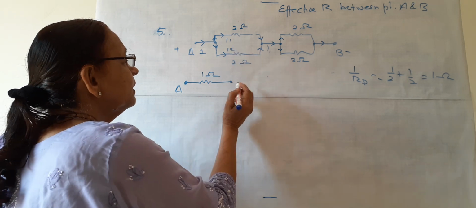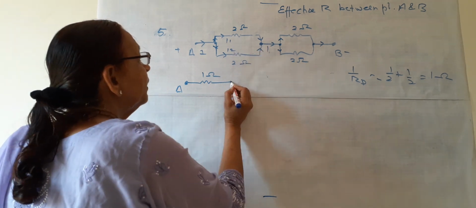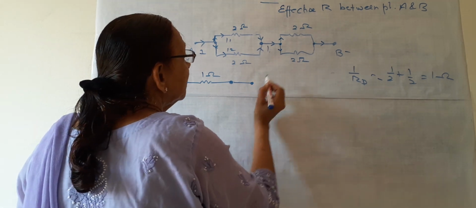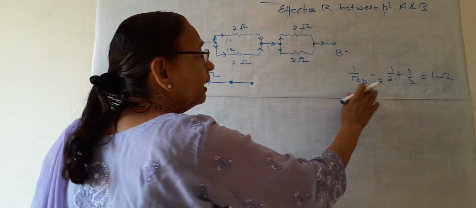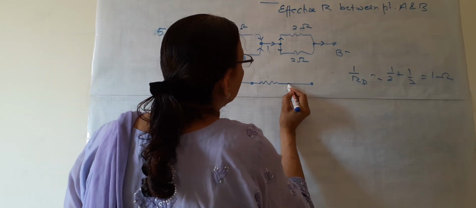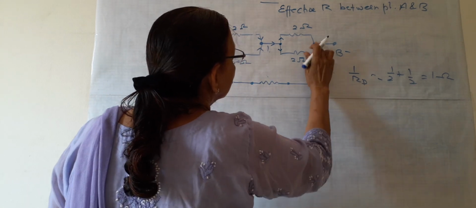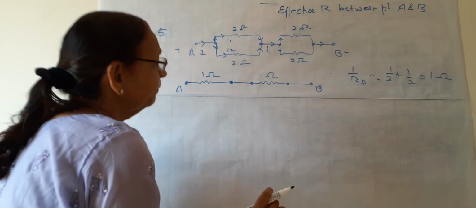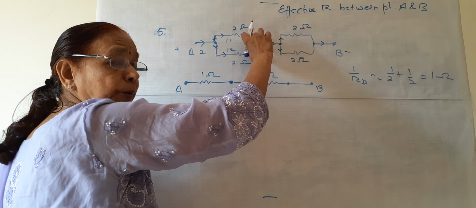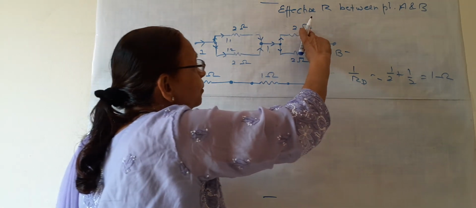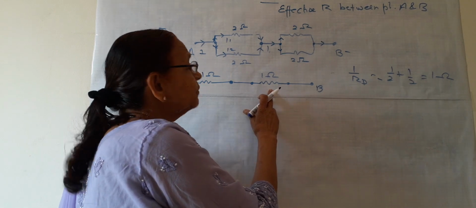I have redrawn this. This is this point. This is the center line. This is the other point. These are also like this. So again we can redraw this also. This point is this. So this will also be 1 ohm. These two in parallel, redrawn as 1 ohm. These two in parallel, redrawn as 1 ohm.